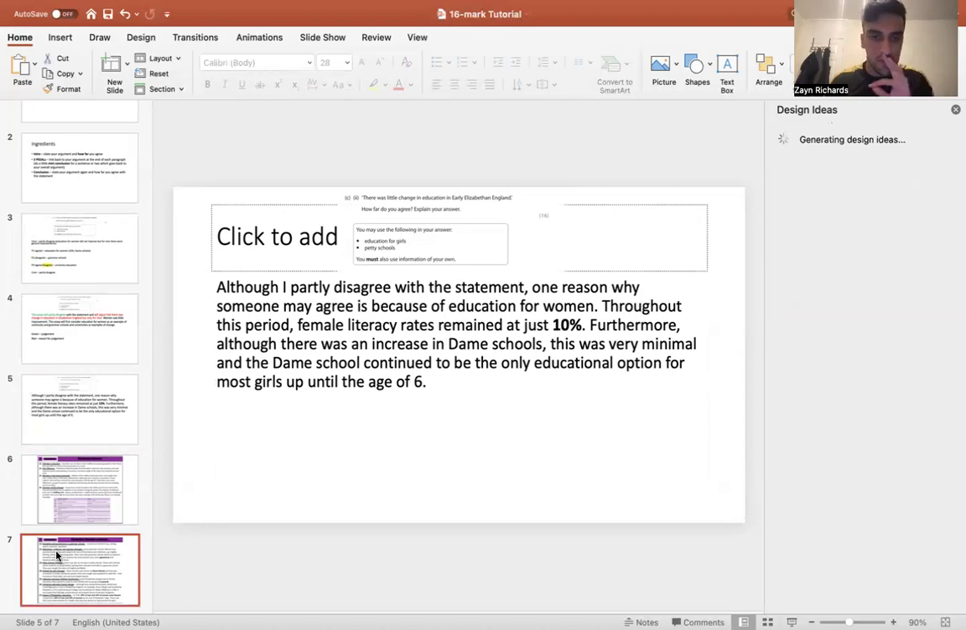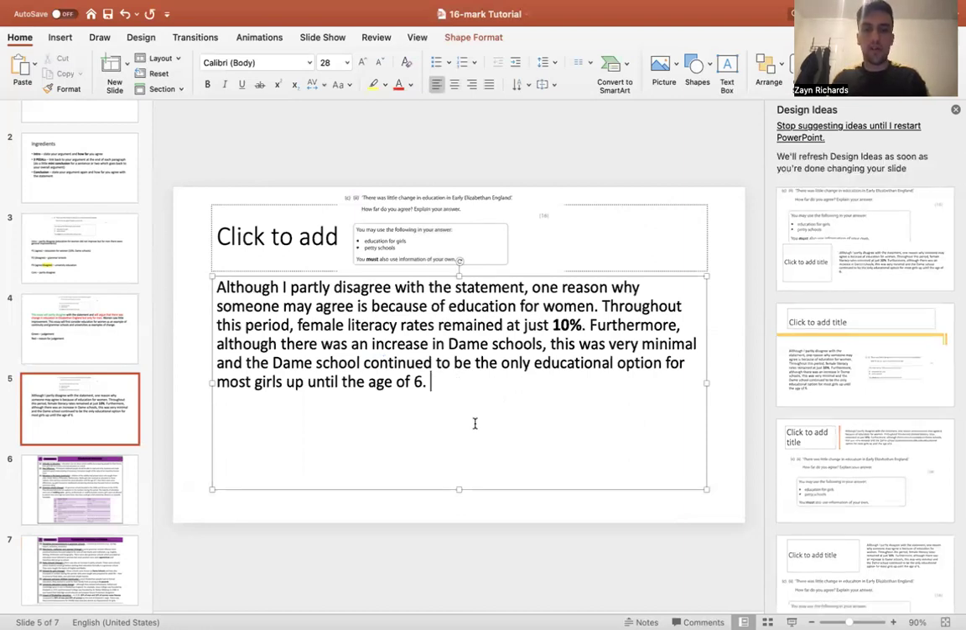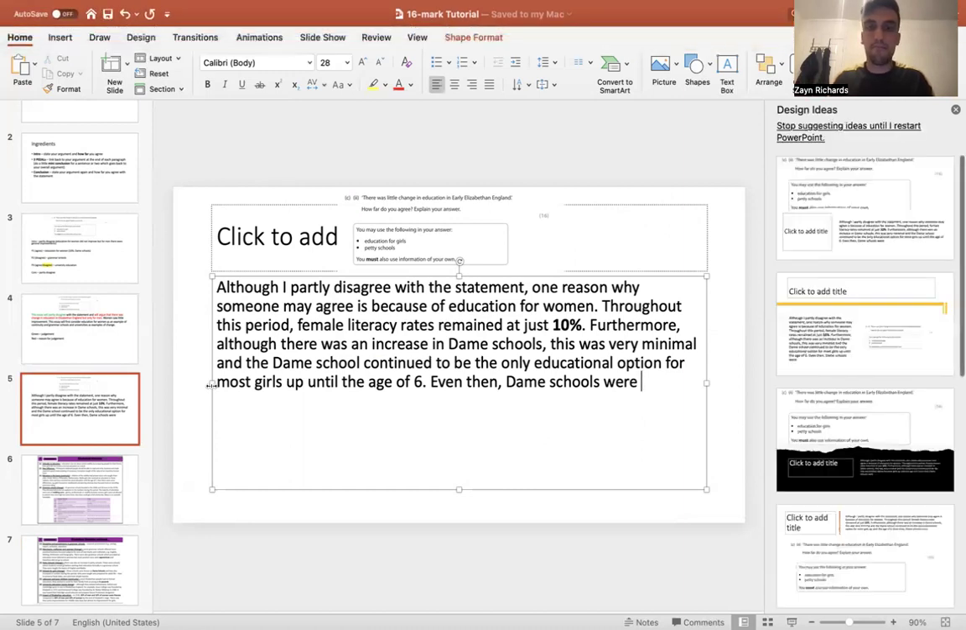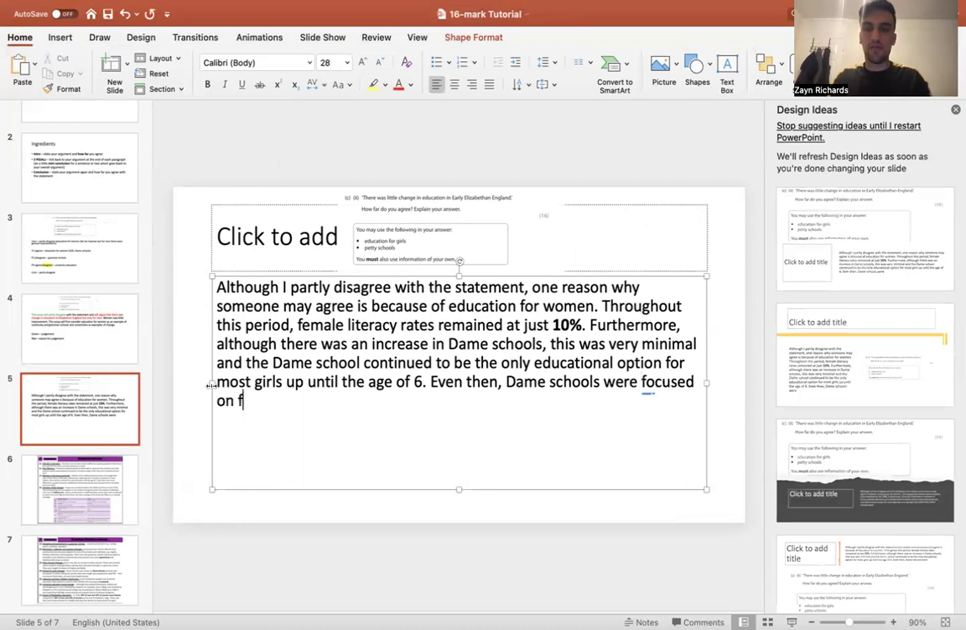This is why revision is very important. Okay, let me see. Furthermore, in fact, yeah, so up until the age of 6, and even then, dame schools were focused on functional education, preparing women for the home, which is arguably different from what we would consider academic. A functional education, which is